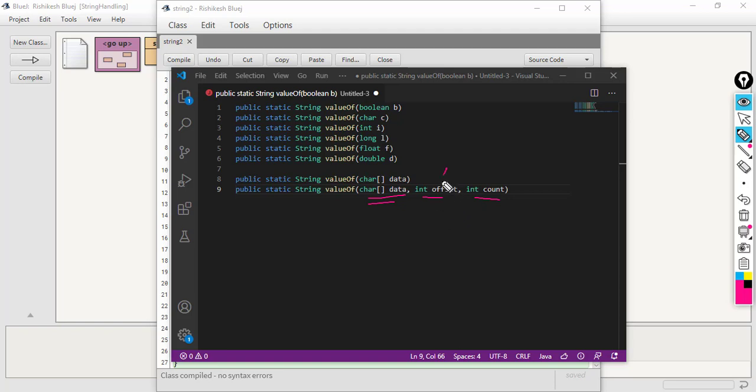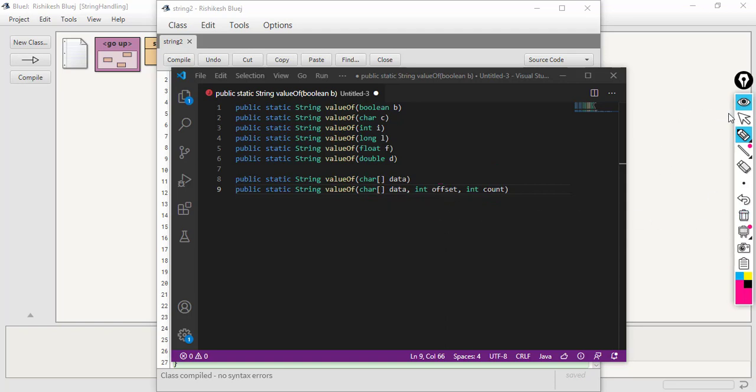The first integer, that is the second parameter, represents the starting point from where you want to pick up the data, and this count tells how many values you want, starting from there.